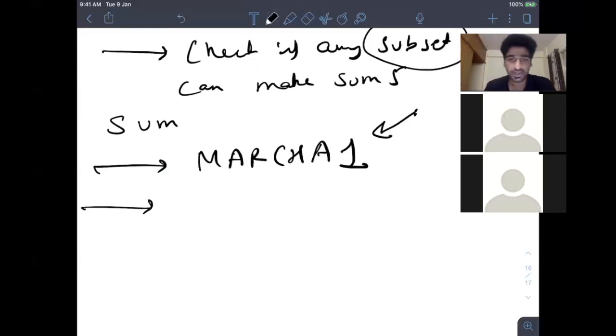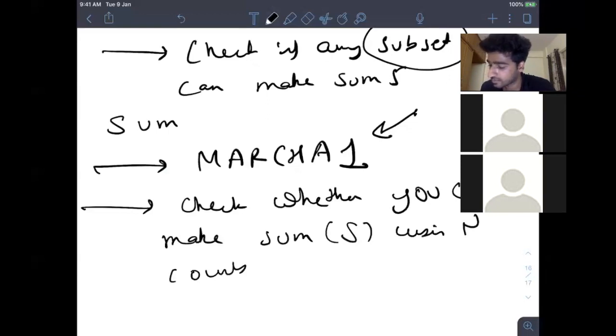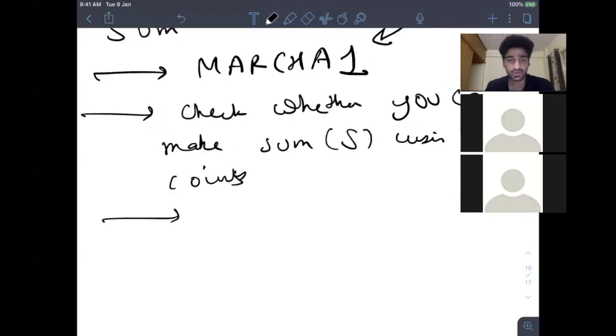So this is a question in CodeChef, which we'll discuss better. The question, again I am repeating, is Marcha 1: check whether you can make sum s using n coins. So now you have some coins, 2, 7, 9, 1, let's say. First of all, greedy will not work.